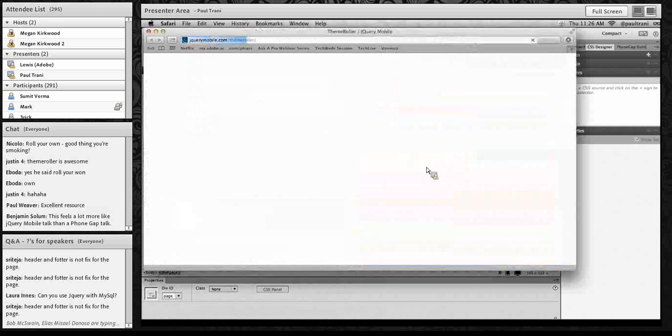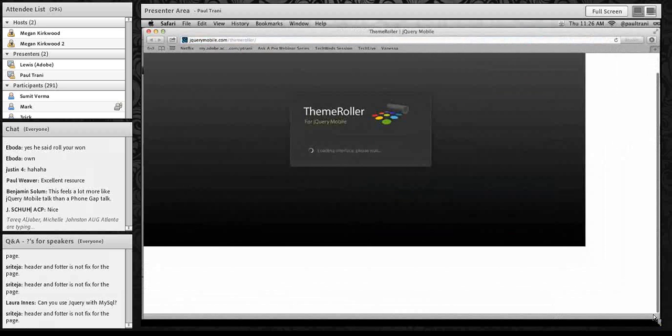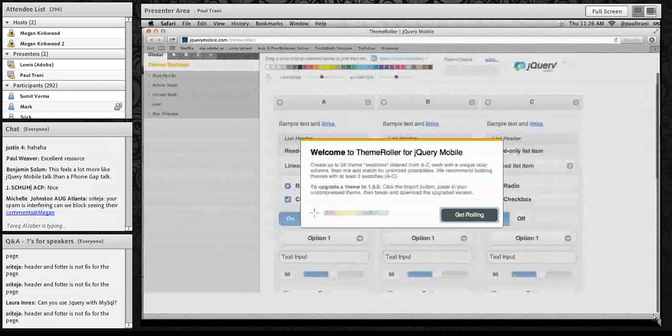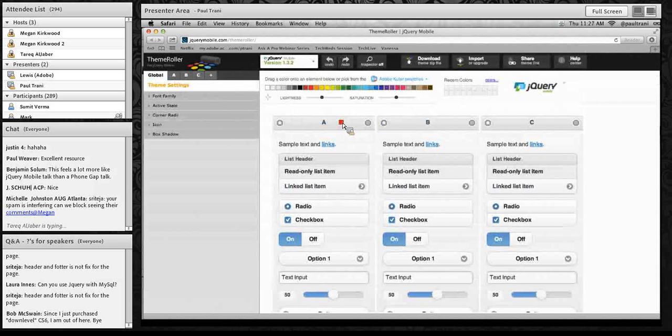And it opens up Theme Roller. You could roll your own, people. Roll your own right in here. Theme Roller for jQuery Mobile. Okay, so yes, the CSS Designer panel is great, but I love the ability that I could just jump in